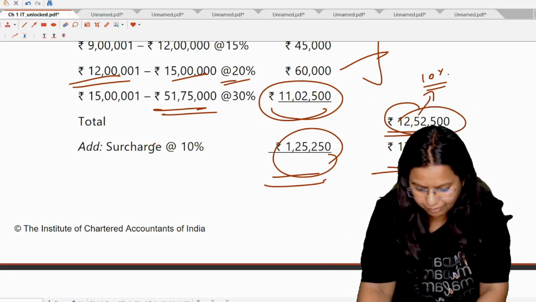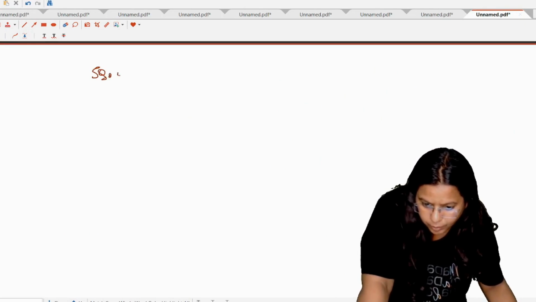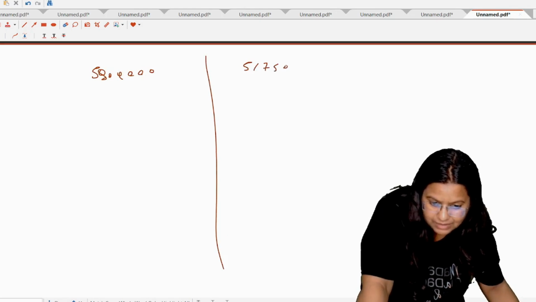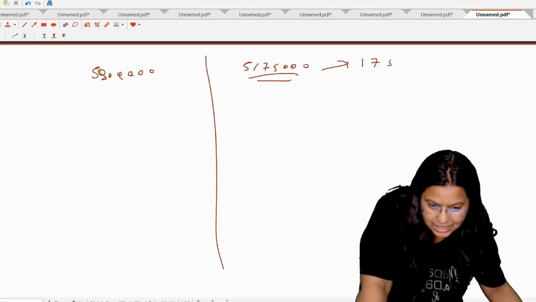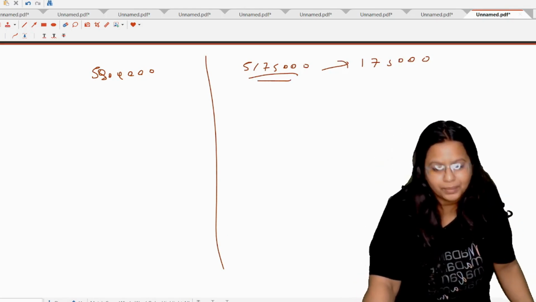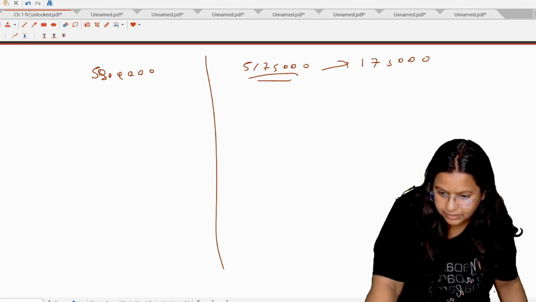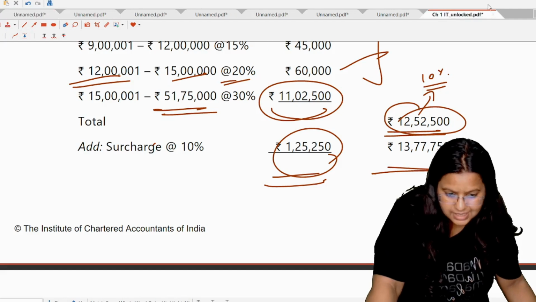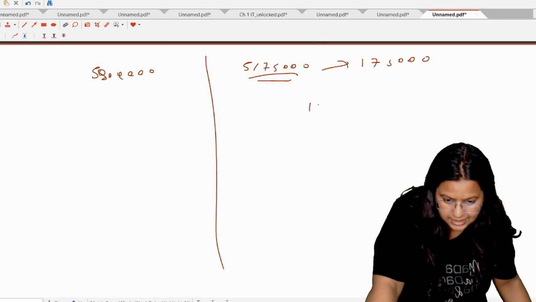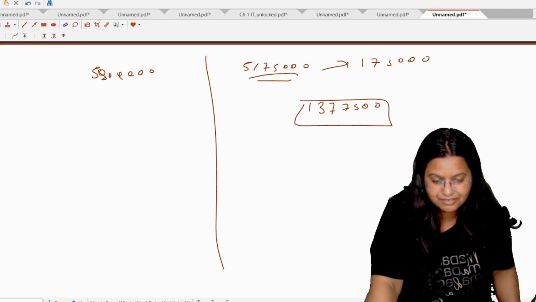It means, students, what we have to do is check that if that person was earning an income of 50 lakh rupees, how much tax would that person be paying? Now the person is earning 51,75,000. It means an excess income of 1,75,000. We have to compare these two things, how much that person is now going to pay as tax. So in the case of 51,75,000, as we have seen, the tax is 13,77,500. This is the total tax liability if the person is earning 51,75,000 rupees.